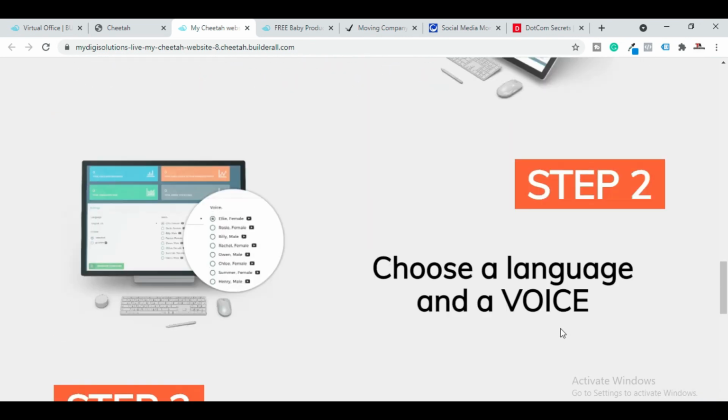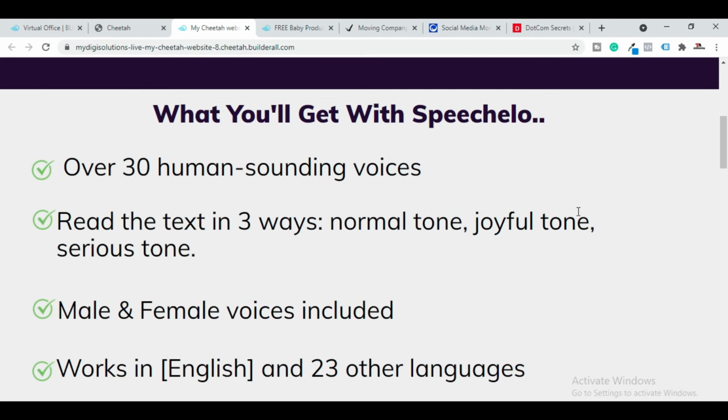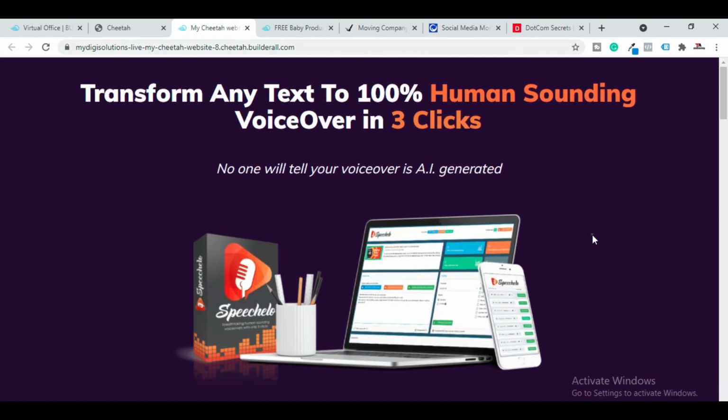So when the person lands on the actual offer landing page, they don't get confused about what this product is and what it does. They basically have everything cleared in their mind and they can make the purchase. That's why this type of landing page is used, and that's why it is called a pre-sale landing page, because you're pre-selling your offer before the person lands on the actual landing page of the offer.